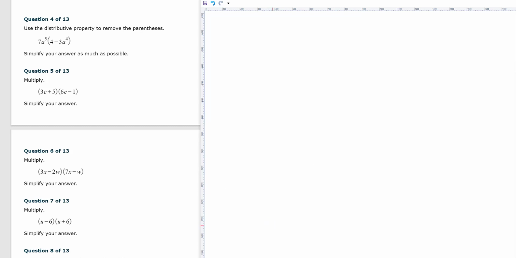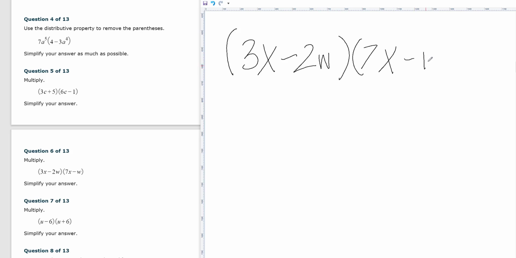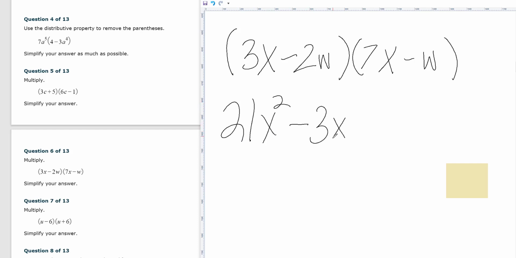Number 6. Same kind of problem, just with more variables involved. So I'm going to distribute first the 3x. So it's like I'm ignoring this minus 2w. I've got to do a 3x times a 7x and a 3x times a minus w. So 3 times 7 is 21x squared. Then it's minus 3xw